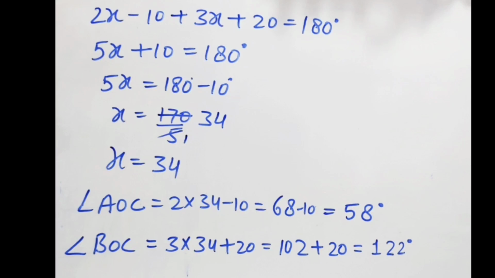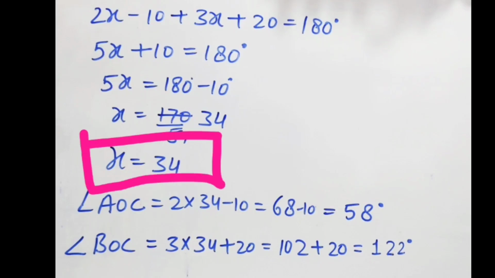Now we will transpose this 5 towards the right hand side, it is a multiplier. When it goes towards the right hand side, it will come as a divisor and it will divide the right hand side. So 170 by 5. When we divide 170 by 5, 5 1 time 5 and 5 3 times 15, 2 remainder will be left, 2 and 0 20, so 5 4 times 20. So we have got the value of x, it is 34, and it was also asked in the question. So we will make a box over it.